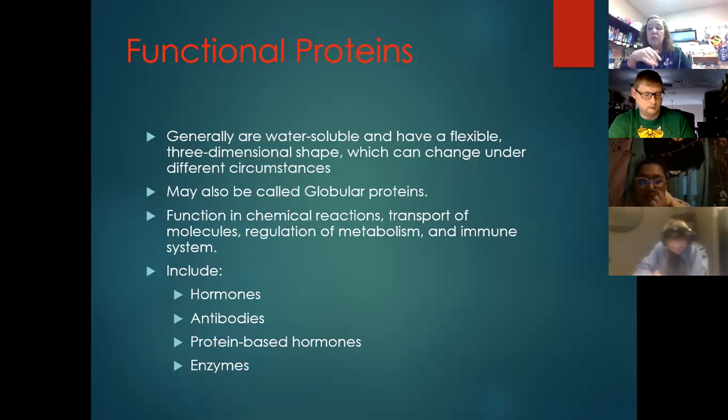Then we had our functionals. We talked yesterday about hormones and how hormones govern everything about your body. We even have hormones that govern other hormones. It's like this whole multi-level marketing system, MLM, or whatever you want to think of, where you have one governing another, governing a body system.